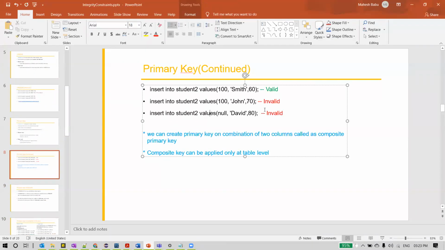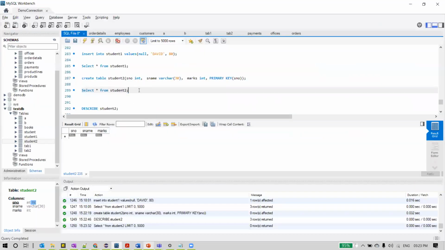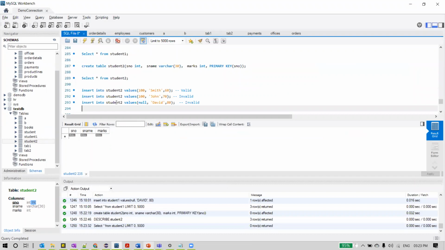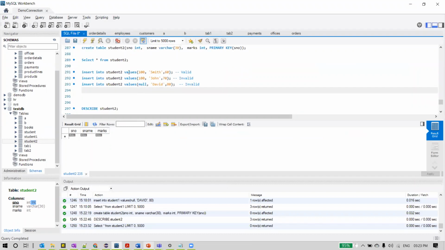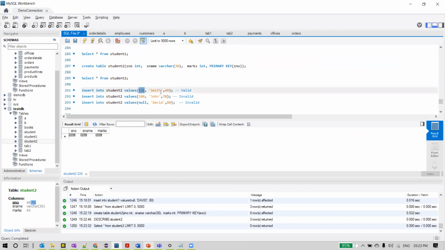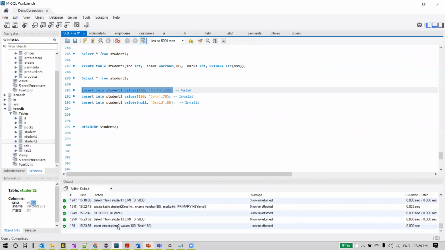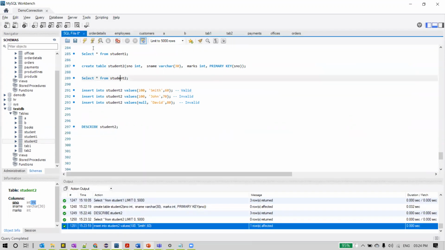Let us insert some data into it. Let me take these rows. First, let me execute this, insert into student2 values, some value into the student number, student name and marks. So let us execute this statement first. So this is executed successfully.